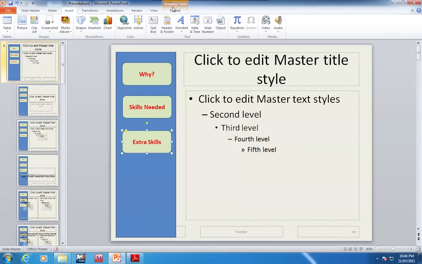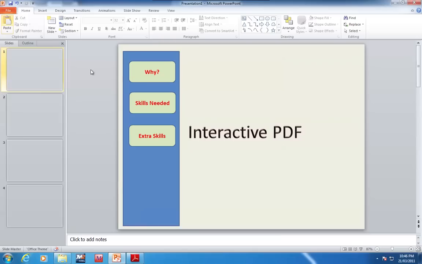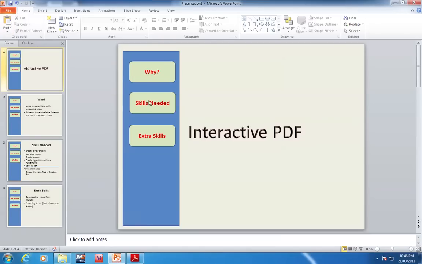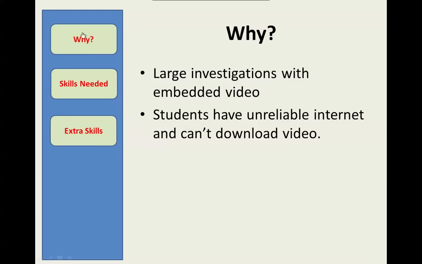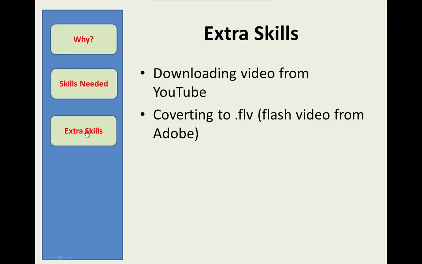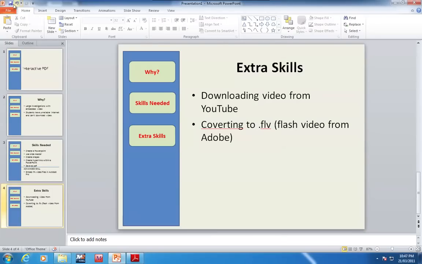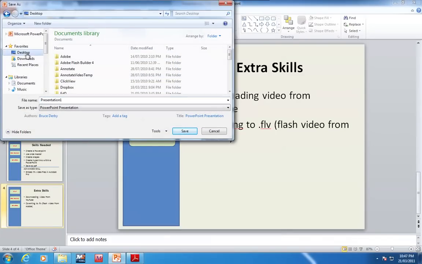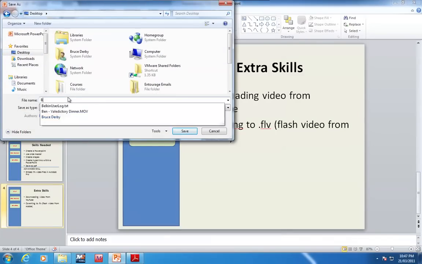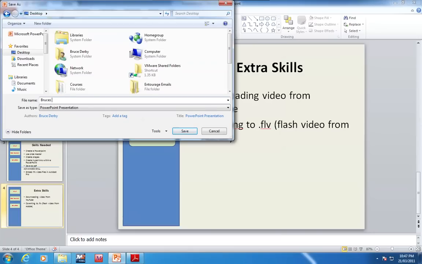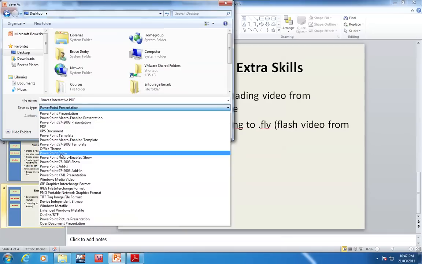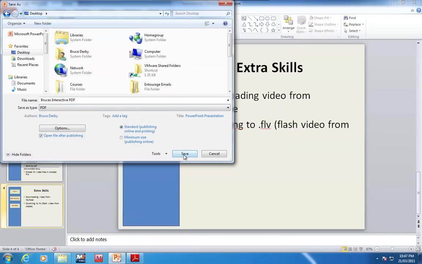And so if I go back to View, Normal, you'll be able to see that these buttons here will work. Now to test it, what I need to do is go into the actual slideshow, and you'll be able to see that these work. Now I'm almost finished. All I need to do now is save this as a PDF document. I'm going to save that on my desktop, and name it Bruce's interactive PDF. Go to here and save as PDF and click on save,